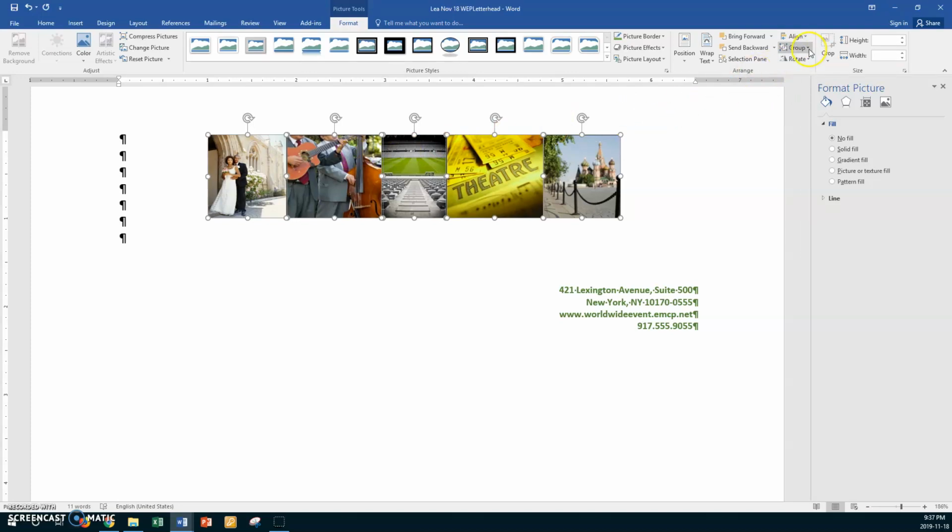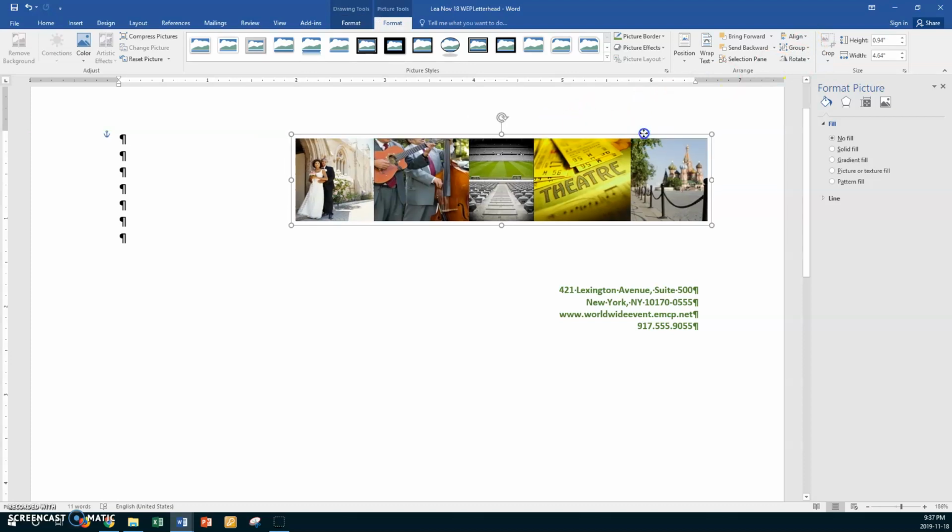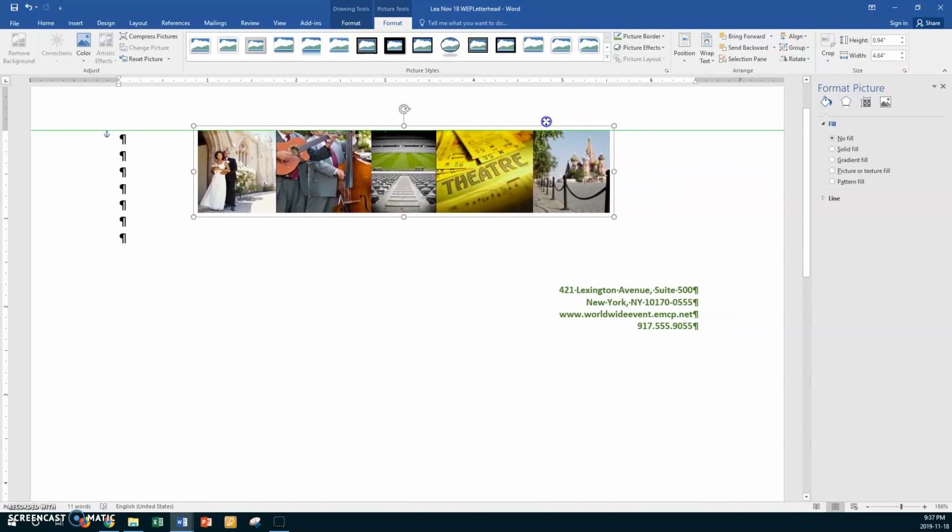And then we want to go to Group. Okay, so we've grouped it so that you can move them together wherever you want. Now, it asked us to